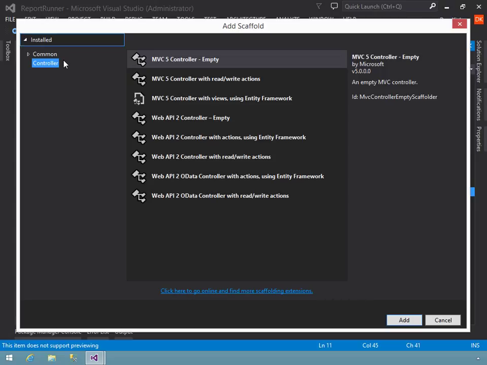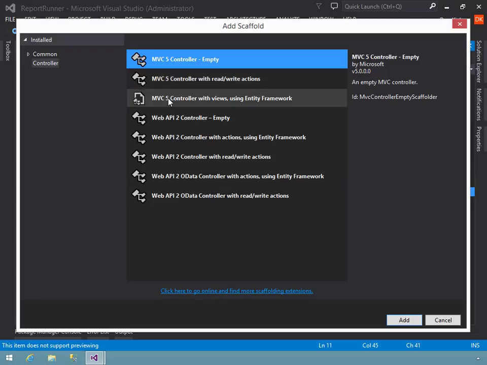So in this case, I'm going to add an empty MVC5 controller. But I could also do one with some default read-write actions. If I'm using an Entity Framework model, I could create one and it'll automatically populate it with a bunch of code for accessing data and updating data and so forth. And then the rest of these is to implement web APIs, which is essentially defining your own web services within this application. All right, so I'm going to use the empty one